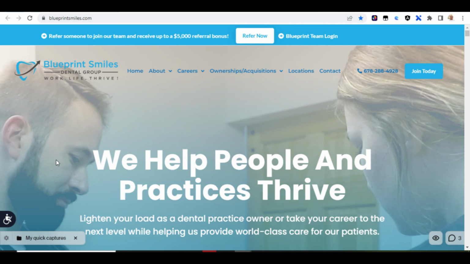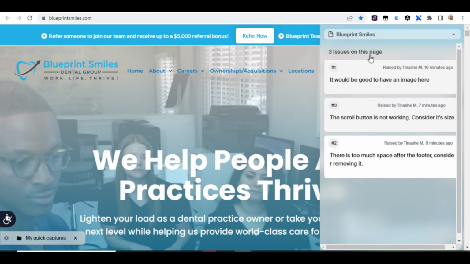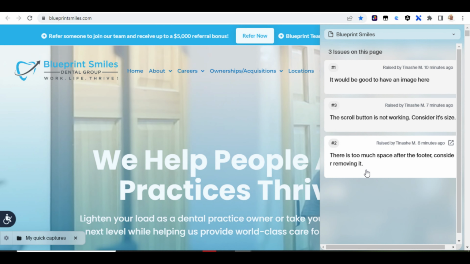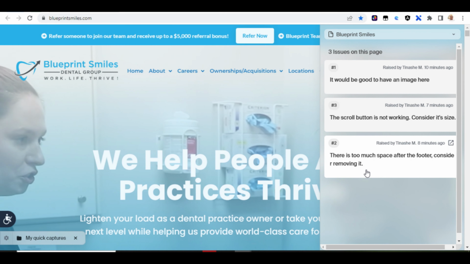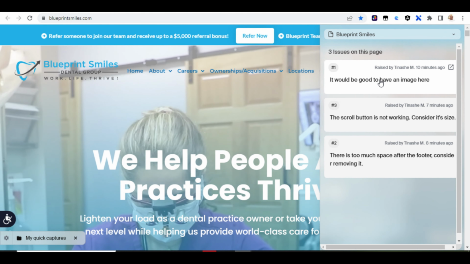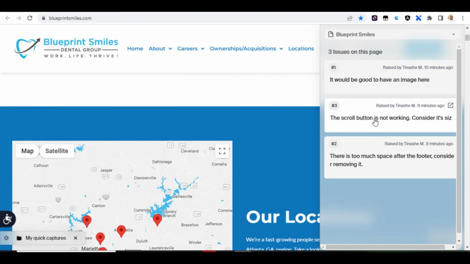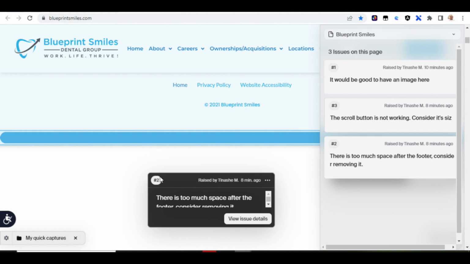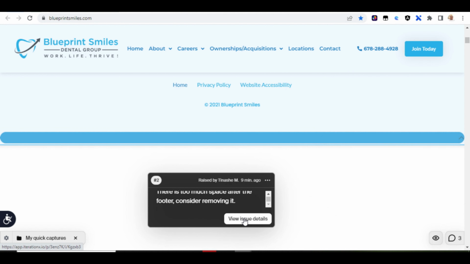These are my quick captures right here. See, so you don't have to raise them again every time you open the page. It automatically detects exactly which issues are related to that. As long as you have your Iteration X extension, you're good to go. Right, so if you click on here, it takes you to exactly this, the visual aspect of it. This is what I was talking about, guys. You need to have Iteration X. Okay, so you view your issue details, right,